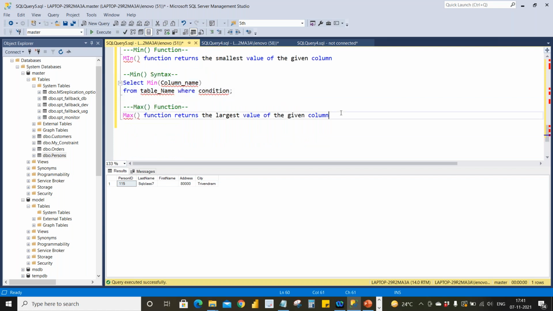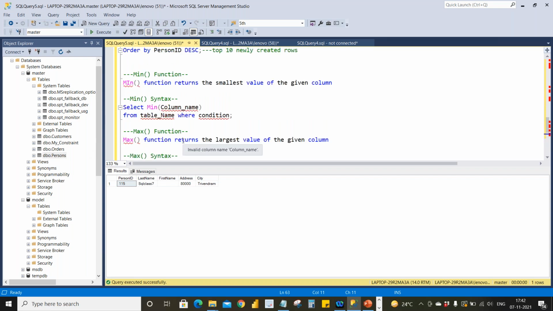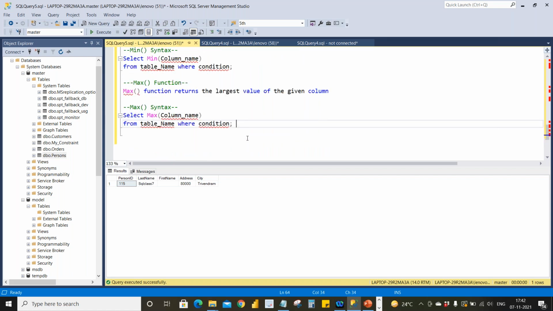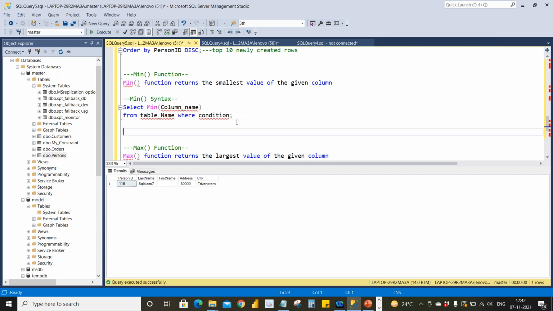Similarly, max syntax is also the same. Let's take an example.